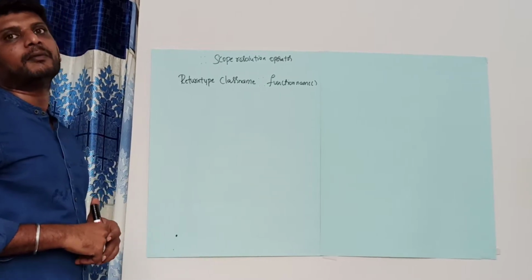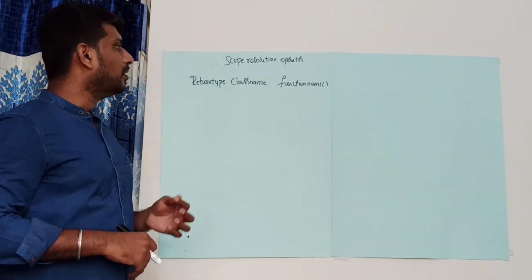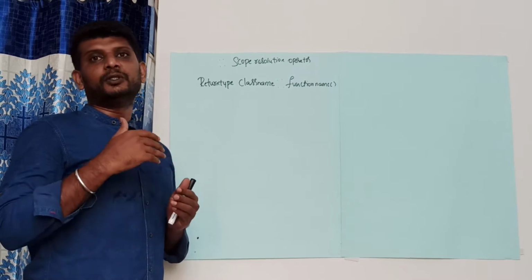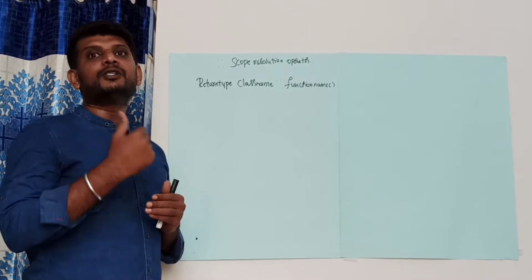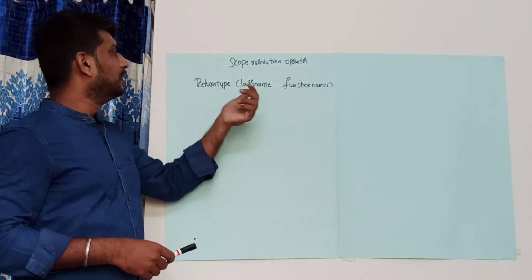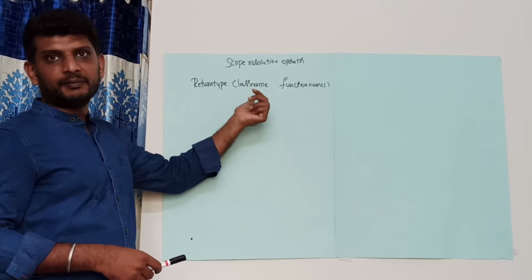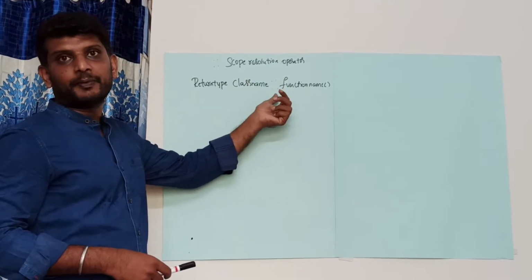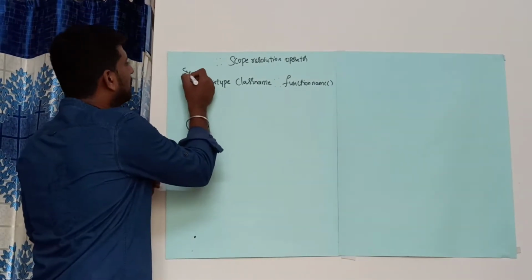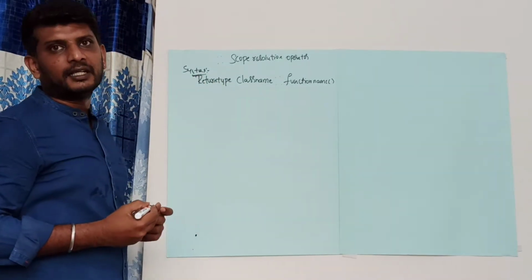Whenever you are defining the member function outside the class, we will be making use of the operator called the scope resolution operator. The scope resolution operator is used to define the member function outside the class. The next thing is you have to follow this particular syntax. That is, firstly you need to make use of the return type followed by the class name followed by the scope resolution operator followed by the function name. This is the syntax for defining the member function outside the class.